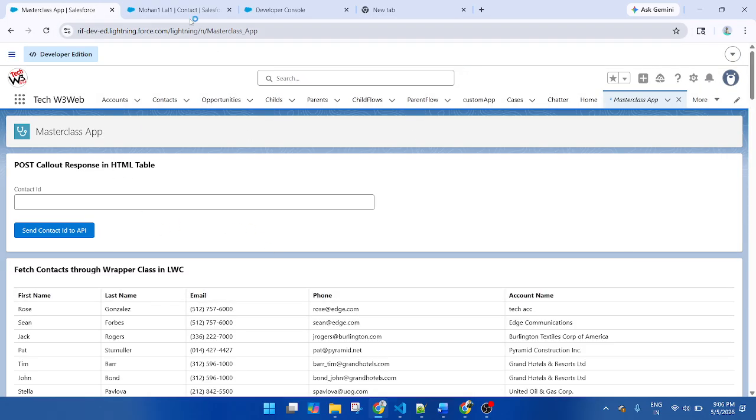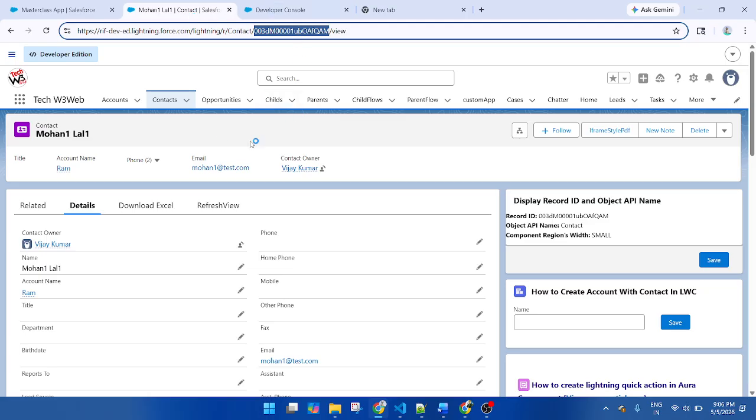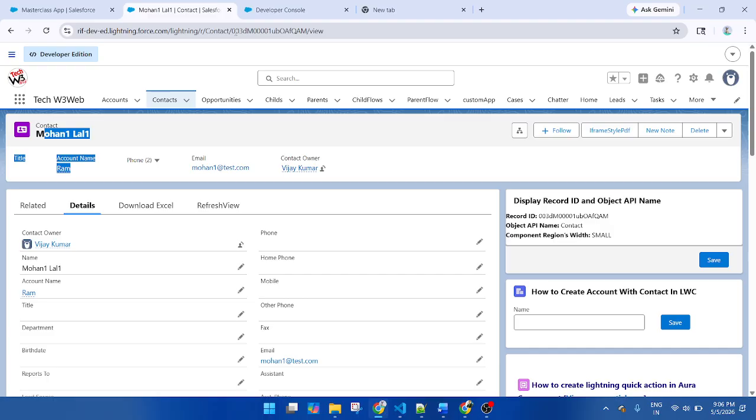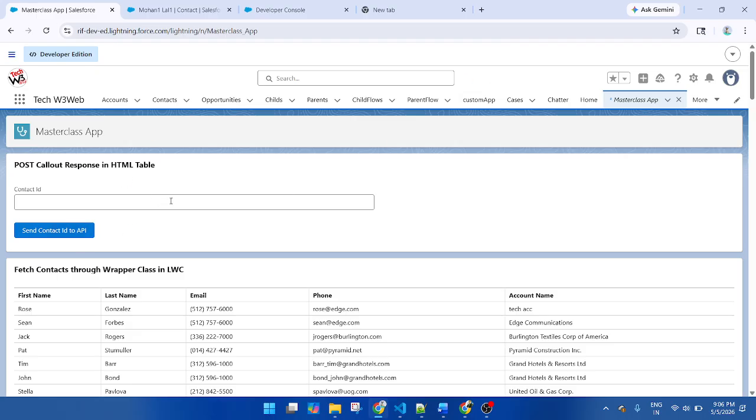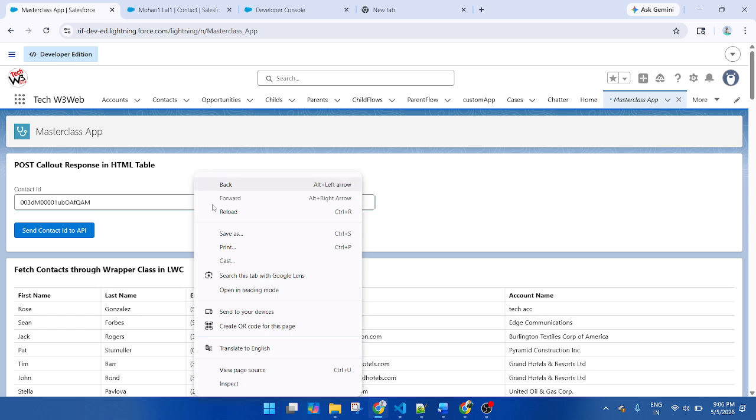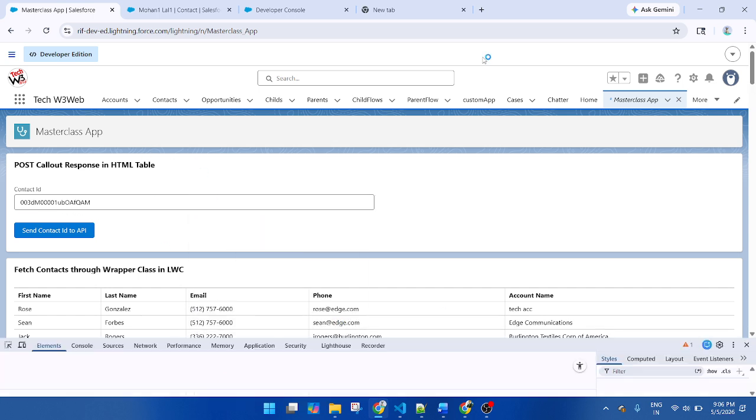So first I copy the record ID of contact one. This is the contact record I am opening. Let me copy this ID and go here, where I will pass it. This ID I am sending to the API, which will return data that I want to display in the console log.